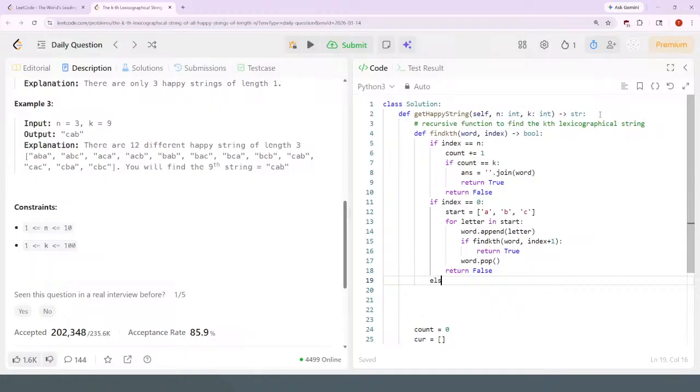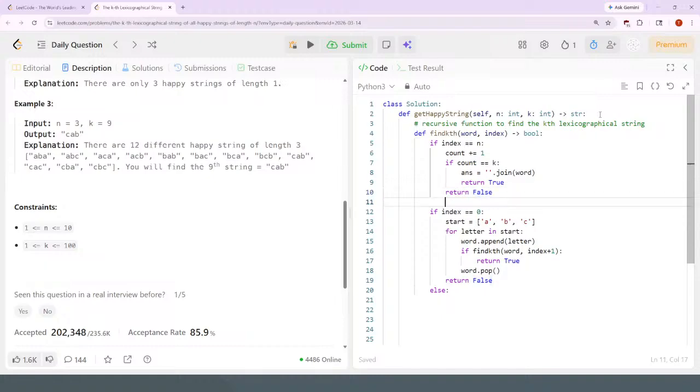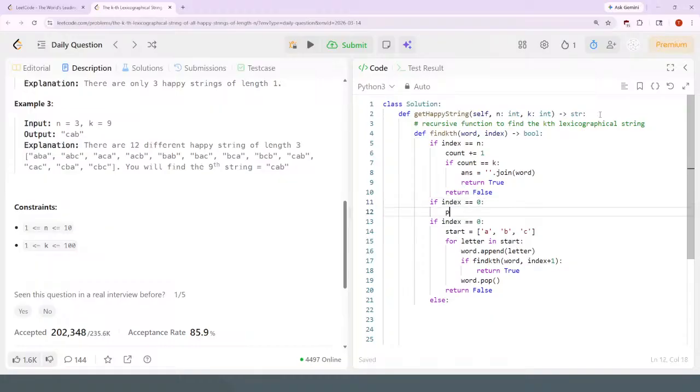So that's for the starting index. Every other index has a prior index to go off of. Okay, actually maybe this should just be if index equals 0, then prior equals, say, z,